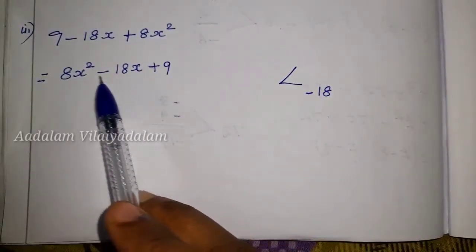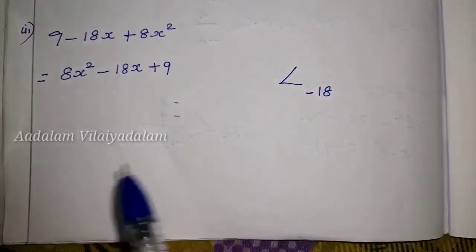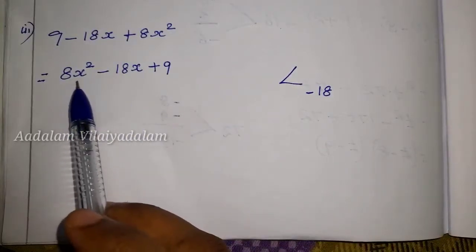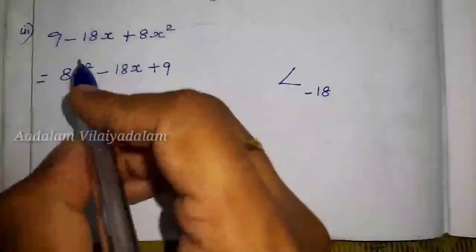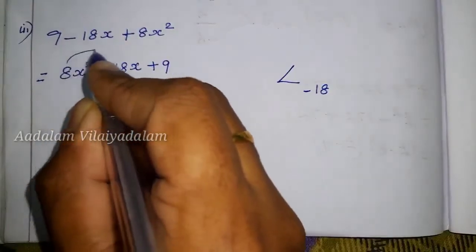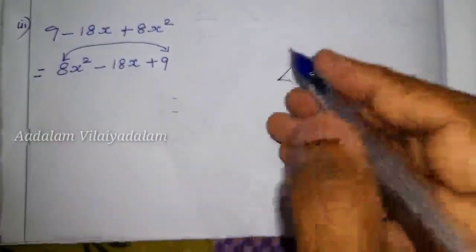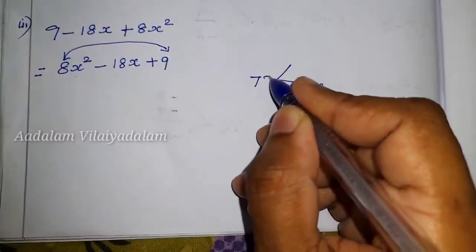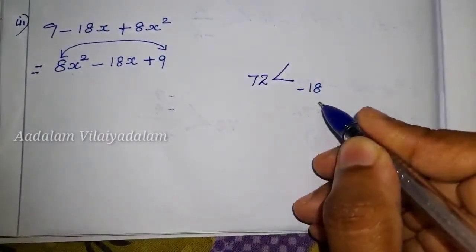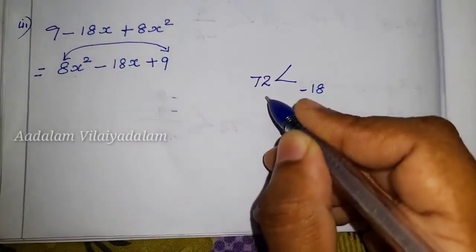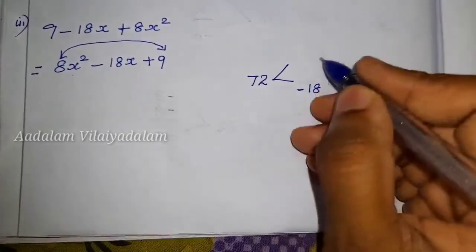The coefficient of x is minus 18. The product: the coefficient of x square is 8. So the coefficient of x square into the constant term, that is 8 9s are 72. The sum of the factors is minus 18, the product is 72. So the factors are